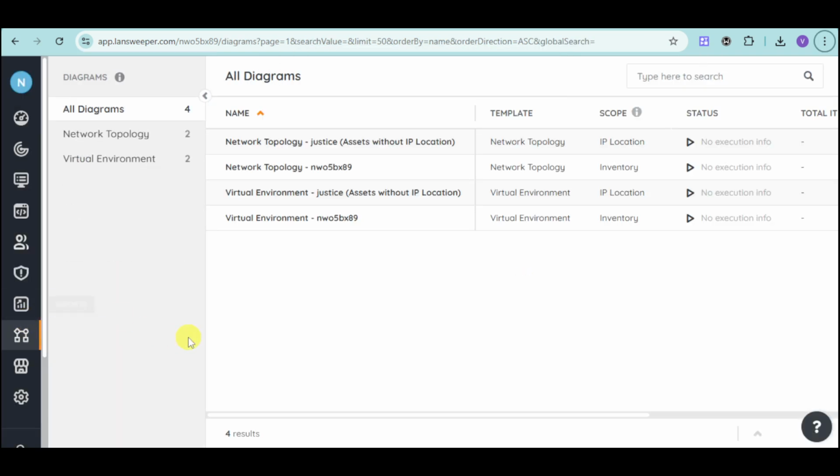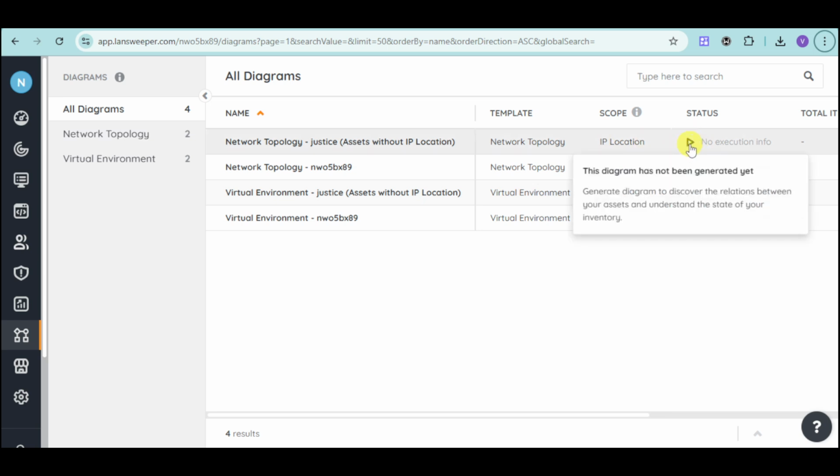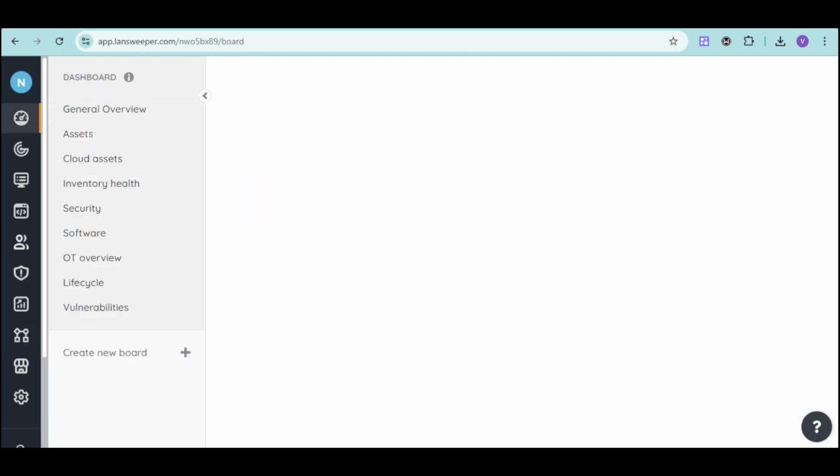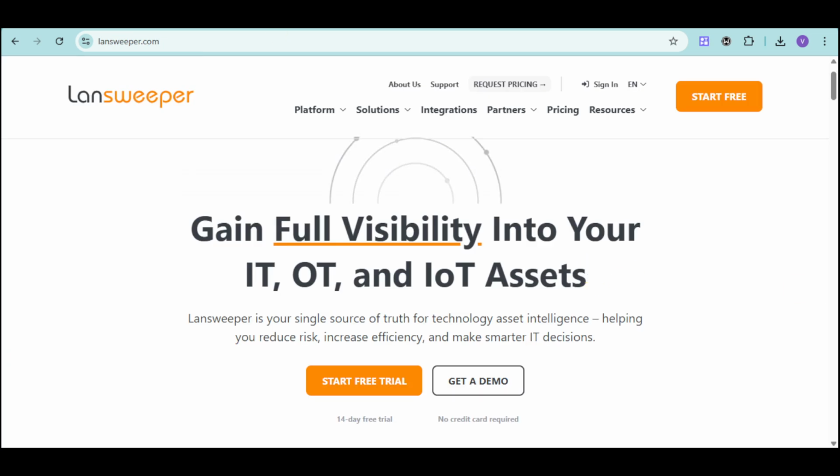Under this, you can also find the diagrams that you have. You can find the templates as well as go for that. And you can also enable right here this in order to actually generate a diagram for this particular topology. Click onto this right here and it will be queued for execution and you can find it processed just later on. So as you have noticed, Lansweeper has a lot to offer you based on its features and